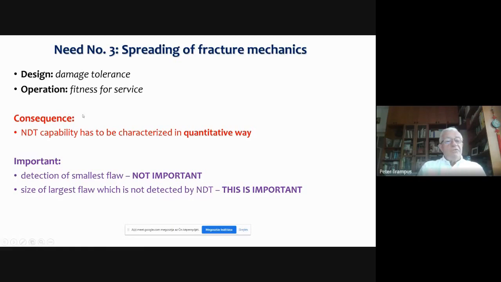And the consequence, I will tell you in the next slide what damage tolerance method and fitness for service mean. But the consequence for the NDT is, or was, that the NDT capability has to be characterized in a quantitative way.